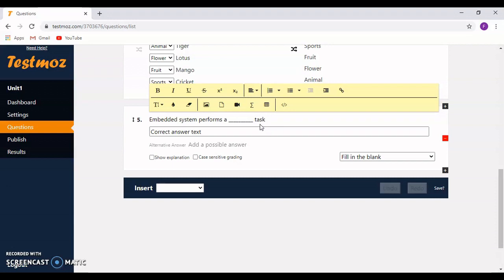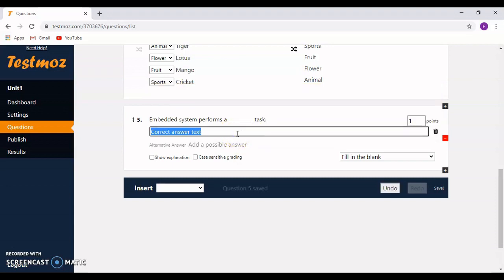If I click on case sensitive, then they have to write in this particular case alone. If I remove it, even if the answer is written in another case, it will be accepted.